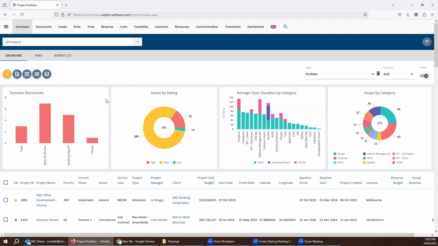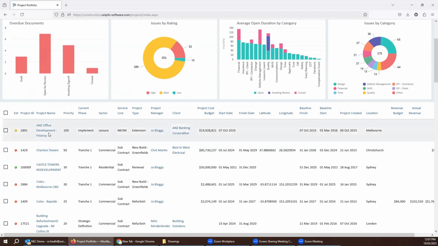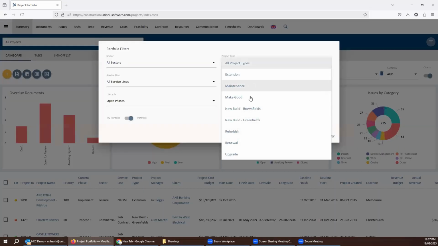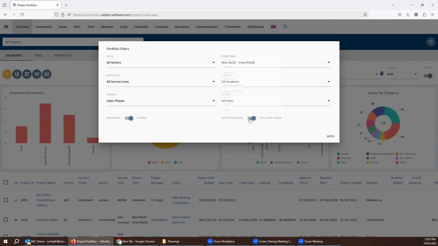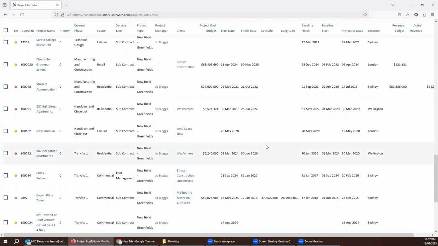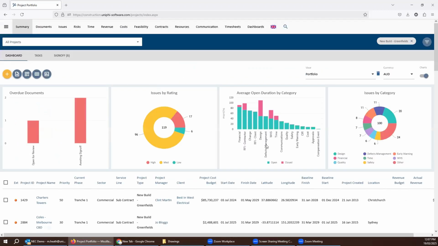In addition to that hierarchy, you also have the ability to tag projects with unlimited pieces of metadata, as I call it, data that describes the project. So this is a ledger project in Saudi Arabia by the looks of it. And so you get to create these fields. There's some standard fields that come out of the box that you're able to filter on within the application itself. So if I wanted to see all new build greenfield projects, I could click that and apply, and that filter gets applied, and I get a subset of my projects down here,